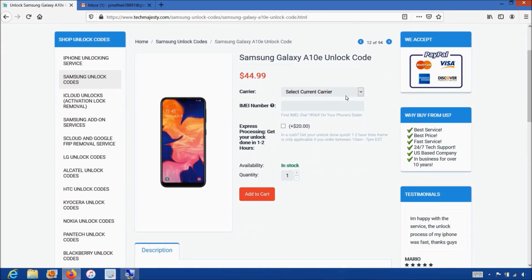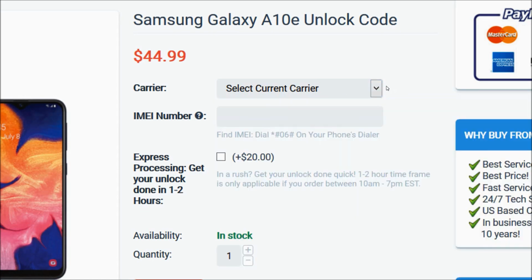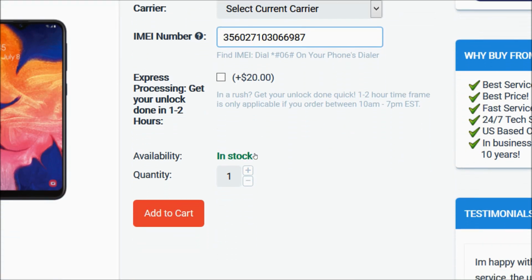After that, you will go ahead and choose the carrier your phone is locked to. After you choose your carrier, then you will enter the 15-digit IMEI number that we got in the beginning of the video. Then you will click on the Add to Cart button and go through the checkout process to complete